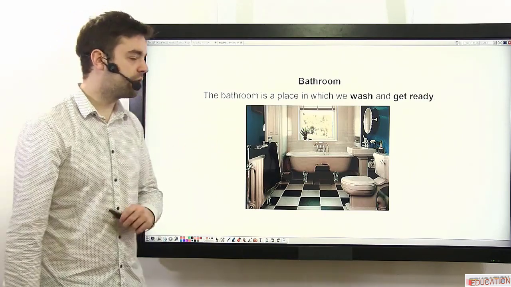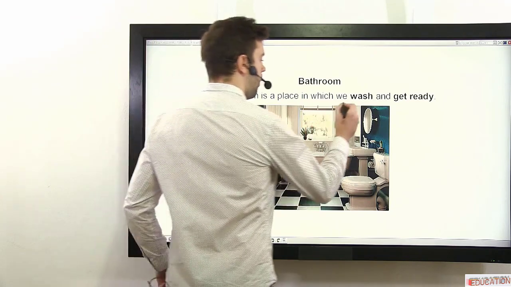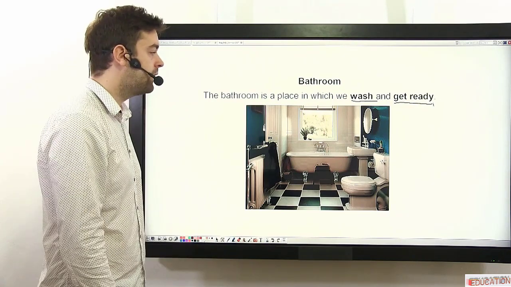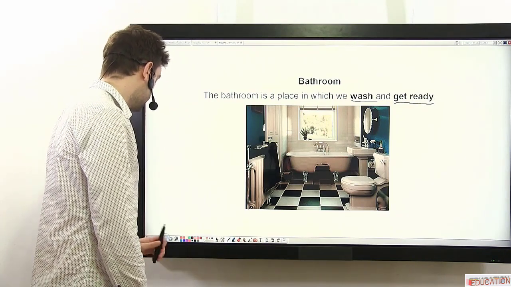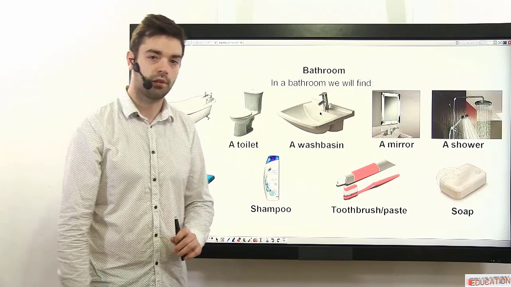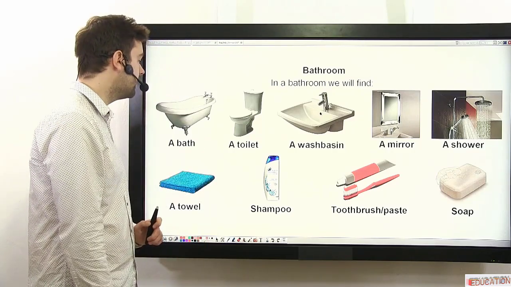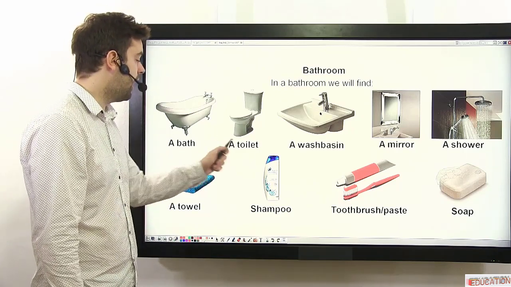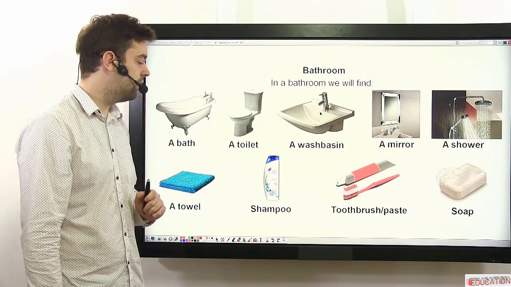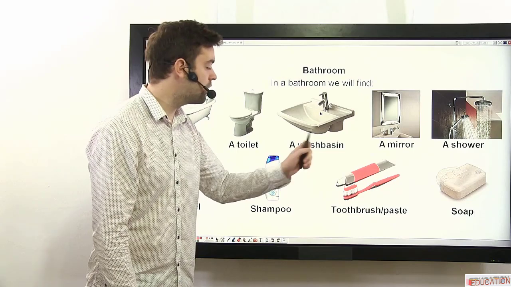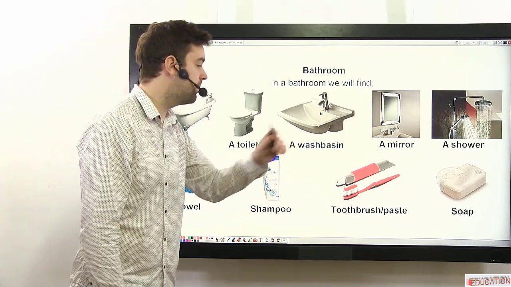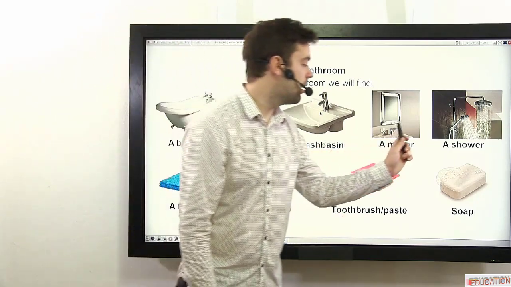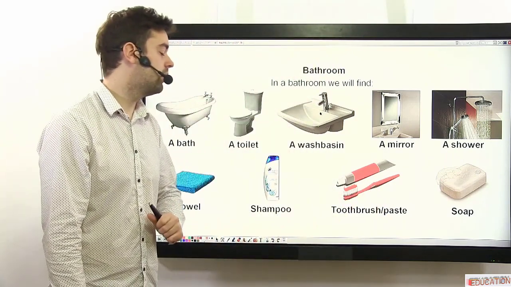Bathroom. The bathroom is a place in which we wash and get ready. And in the bathroom, we will find, of course, a bath, a toilet, a wash basin, a mirror, a shower,